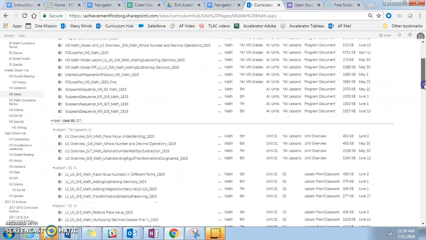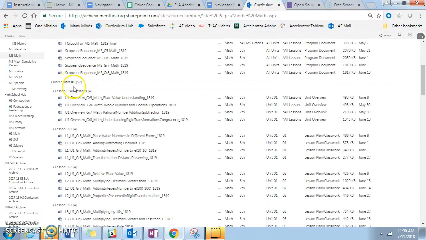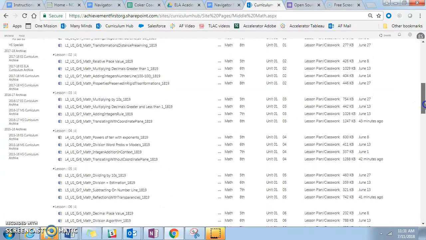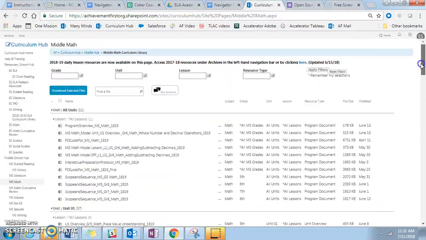But just again, if I click into math, for example, here are the units that are available to me for Unit 1, Grade 5, Grade 6, Grade 7, Grade 8, and then the lessons are also listed out in that order as well. They're all ready to go and yours for the taking and under our Creative Commons licensing, yours for using at will, verbatim, or modified or tweaked.